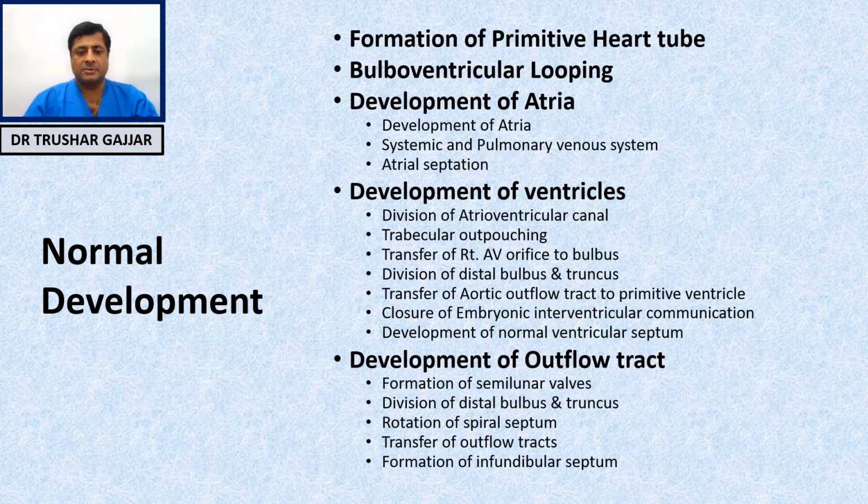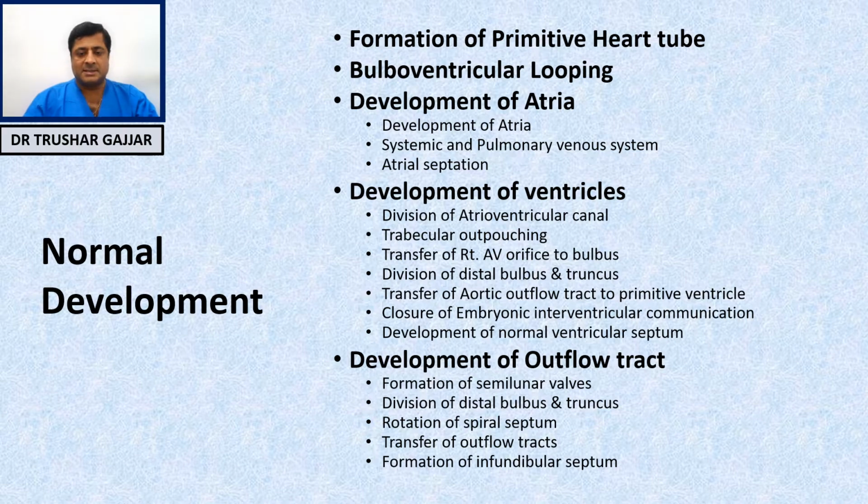The atria go into septation by fusion of the endocardial cushions at the AV canal, which divides the AV canal into right and left. A septum forms from the roof of the primitive atrium and grows downwards. That is called septum primum, which doesn't fuse with the endocardial cushions